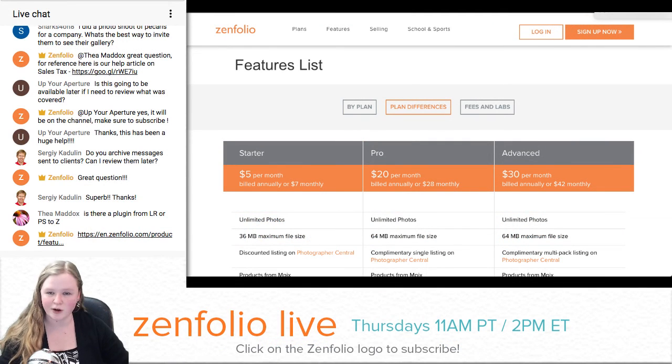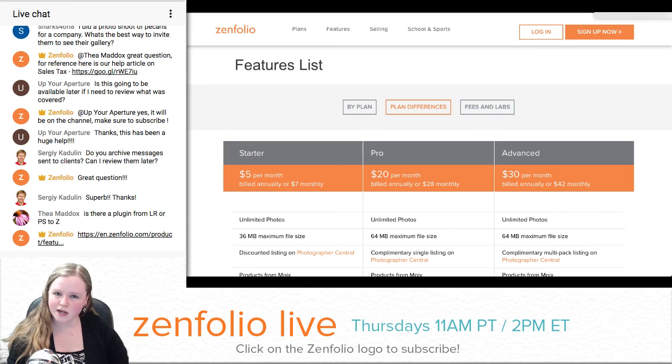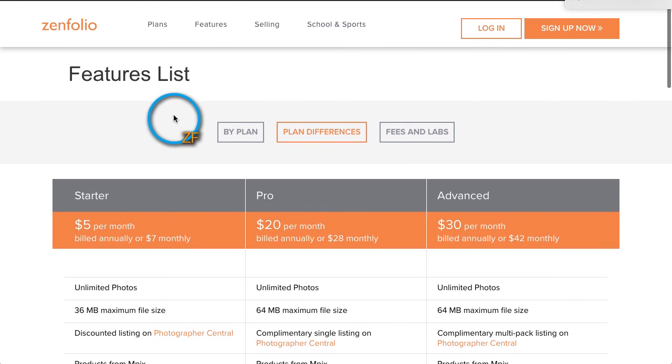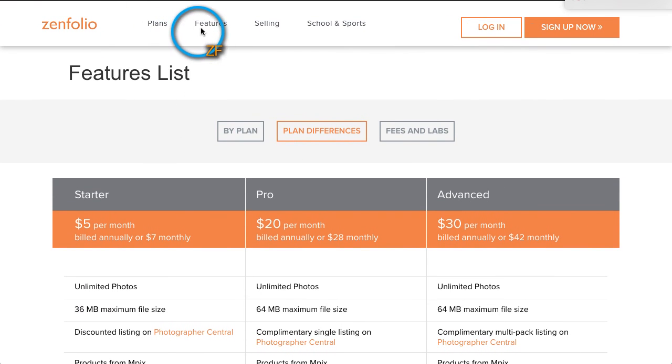Okay, so last question. This one is coming from Thea again. She asks, is there a plugin from Lightroom or Photoshop to Zenfolio? While Zenfolio doesn't actually make these plugins, we do offer some third-party ones that you can use. So I can show you exactly where to find those. I was actually back in that area I was just in. Let me hit the